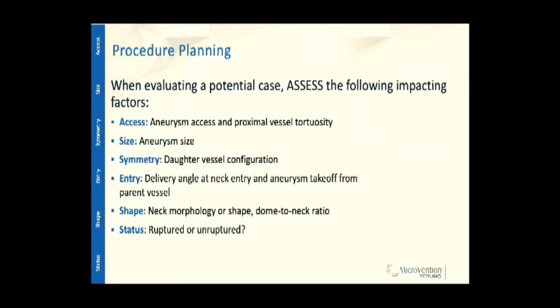When you look at a case, especially an early case in the experience, you have to look at the access that you have to this aneurysm, and this is what we discussed up front. The size of the aneurysm: is it probably too big for a web? That can happen. Is it probably too shallow? These things can happen too. The symmetry, daughter vessel configuration, entry delivery angle, neck entry, aneurysm takeoff, the shape, and dome to neck ratio are also important. And is it ruptured or unruptured? That's more important for the procedure itself,